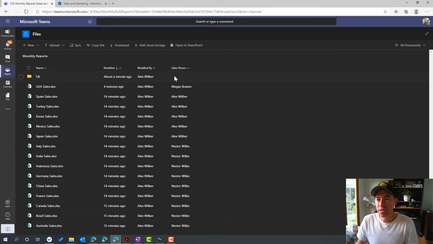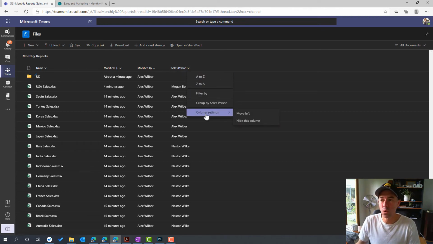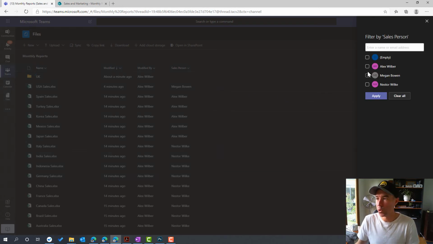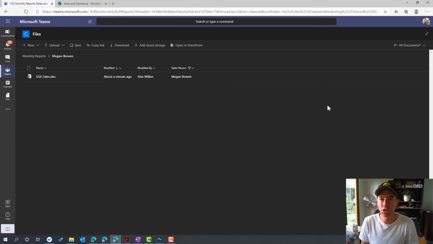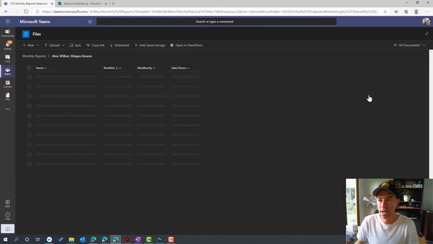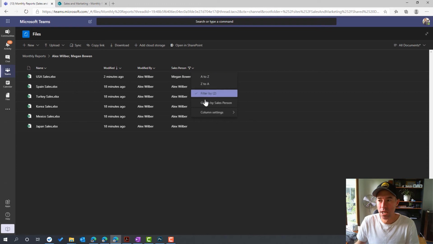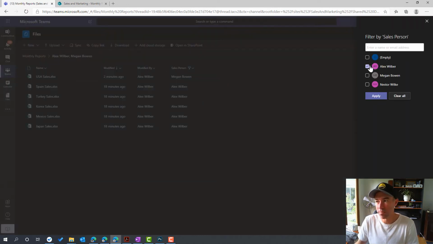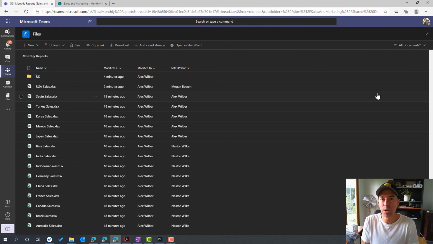Now, a good thing that allows us to do now is we can now filter and sort this library of documents based on salesperson. So we might want to say, right, show me all the documents where the salesperson is Megan. All right, so we're just going to do that, and now all we've got are Megan's documents, or Megan's documents that she's a salesperson for and she's looking after. We might want to say, right, show me all Alex and Megan's, and we can now filter by both. All right, so the addition of that metadata on that SharePoint library flows through to Microsoft Teams, and we can